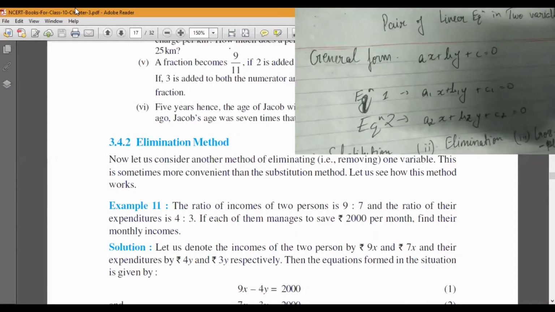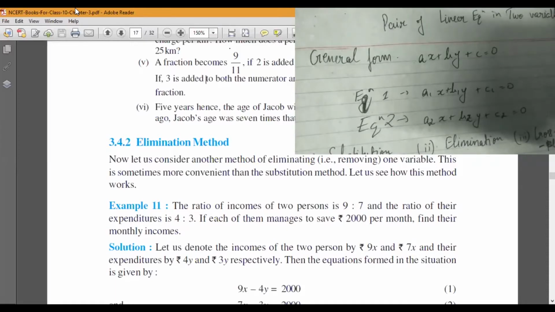So in this video, we will be discussing how to solve linear equations in two variables. Until now, in class ninth, we have discussed how to solve linear equations which are in one variable. In class 10, we would be dealing more with linear equations in two variables. So this is your third chapter in class 10th.